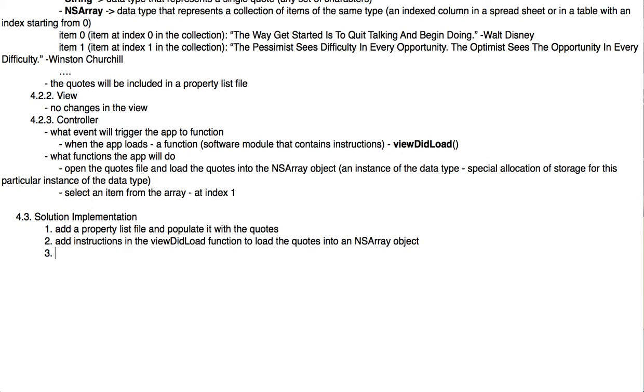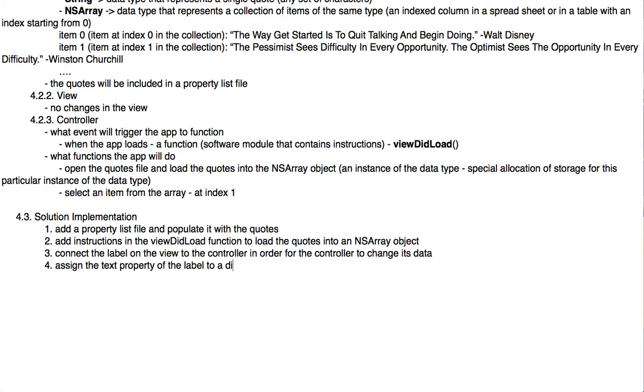And then step number 3, I'll need to connect the label on the view to the controller in order for the controller to change its data. And then step number 4 is to assign the text property of the label to a different text from the